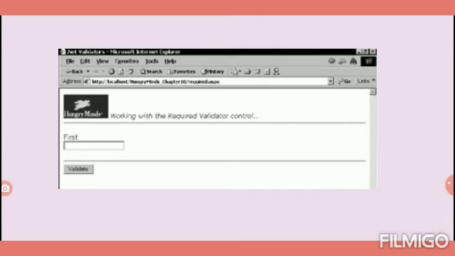If it is not filled, the required field validator will notify: fill it first, then submit, right? So what is the control it has to validate? The control is the text box. It checks only whether the text box is filled or not. So the control to validate is the text box, and its name is first. This you have to understand, right?